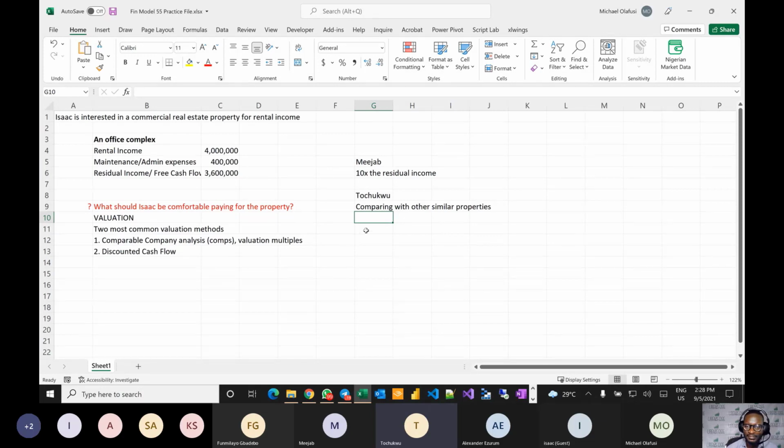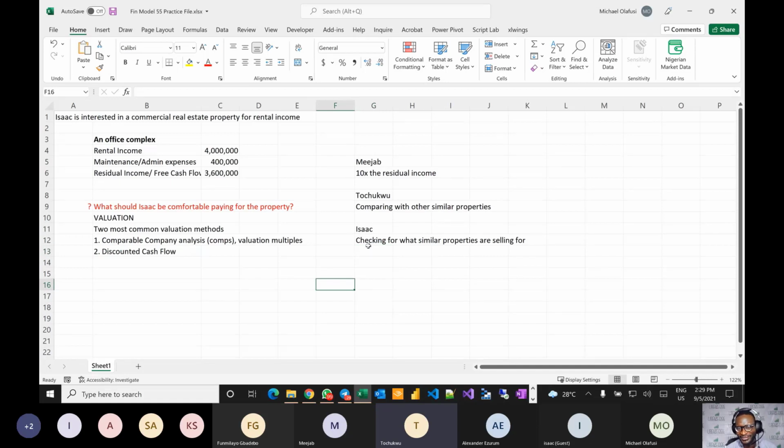So for me, someone in VI now, I expect that because it's not easy to recoup your money in the short term, in the long term. So if I'm making a rental income of 4 million, I expect that maybe in the next 5 to 6 years, I should be able to make my full money back. So it will be like maybe 4 million times 6 or times 7, thereabouts. That will be how much I'll be able to spend for the house. Great. I don't know if I'm making sense.